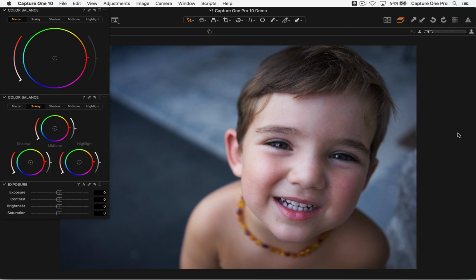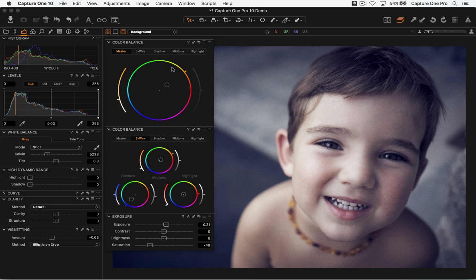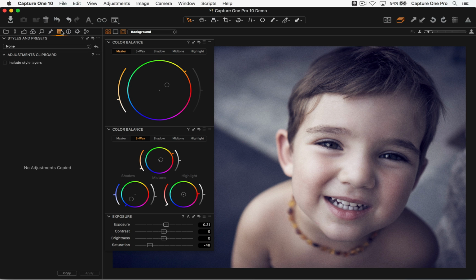If we go back to this shot again, and let's say we want to save the whole style, so that's all the various adjustments that have been placed on an image, then it's a slightly different process. What we need to do, if we just bring our tools back, is go to the Styles and Presets tool tab, or Adjustments tool tab, which is this one here. Go to the Styles Presets tool and save that user style.